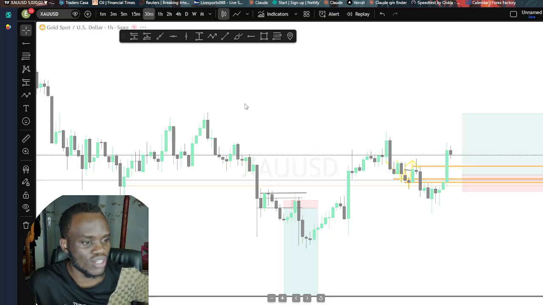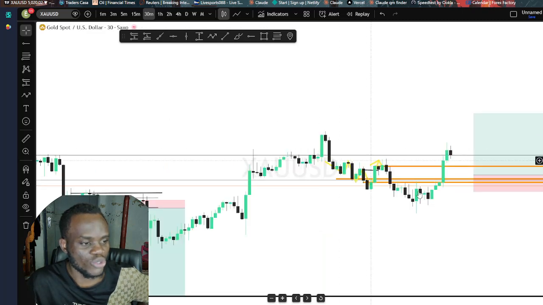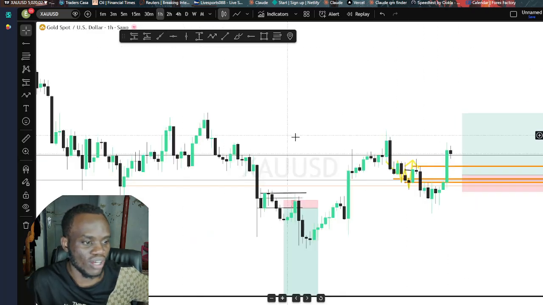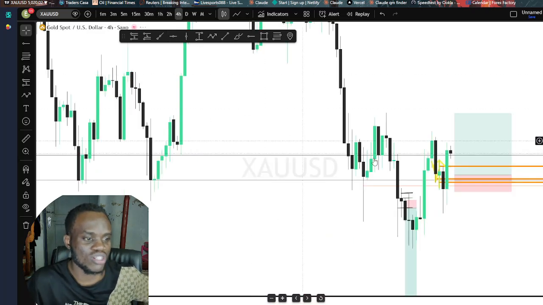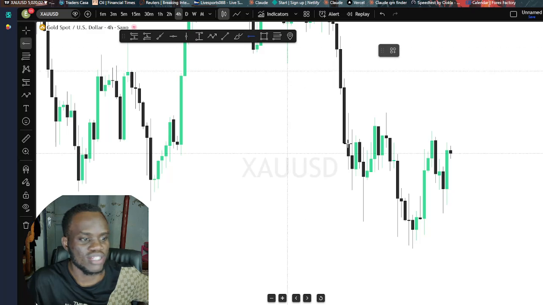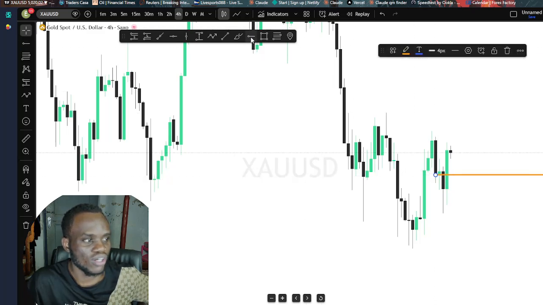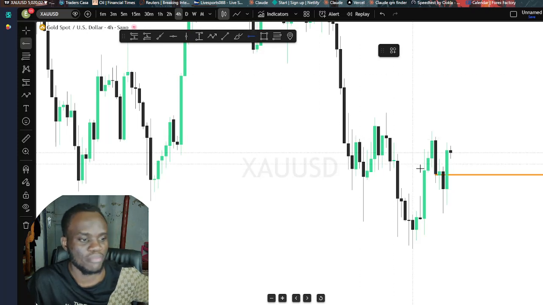because here when we go on 30 minutes, we can see that this is a failed QM, but we can consider it or we can leave it. But majorly we have to focus on 4 hour and 1 hour zones. So when I focus on 1 hour zone, I can see that there is this level. Let me first remove everything. When I focus on 1 hour, I can see that this is a 4 hour time frame. I can see that there is this zone, which is our support zone, and there is our